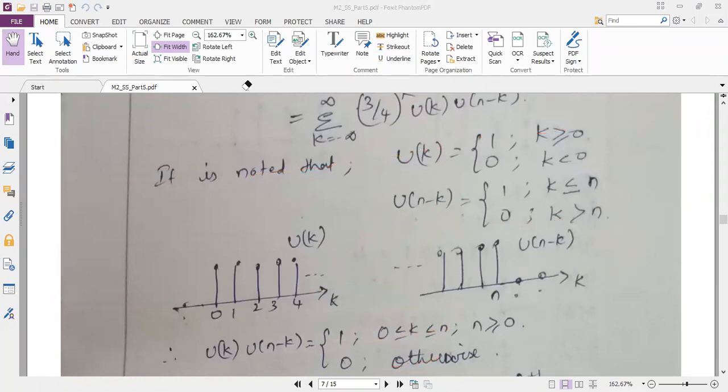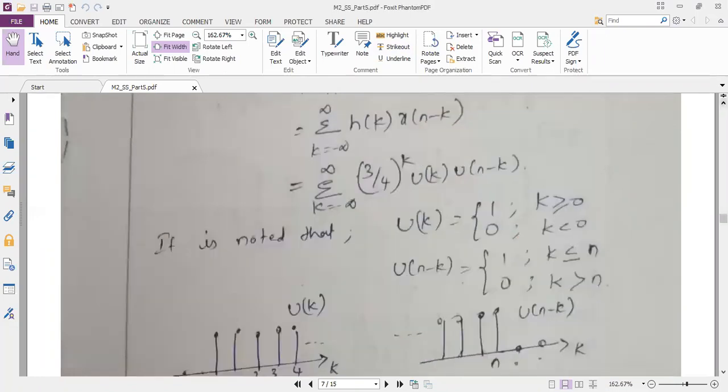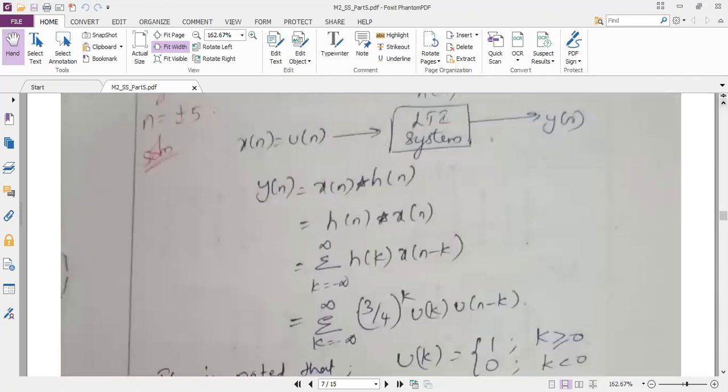And you have drawn two diagrams. From the two diagrams, can anybody tell me for which value of n I will get the output? I do not have the diagram on the screen now. Can anybody tell me for what values of n I will get the output? My h of n is positive. For positive, n is greater than... yes. So can you write now after drawing the diagram?